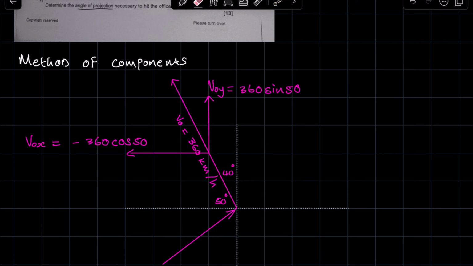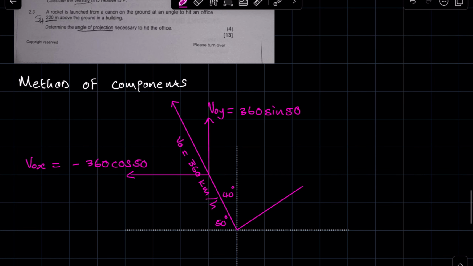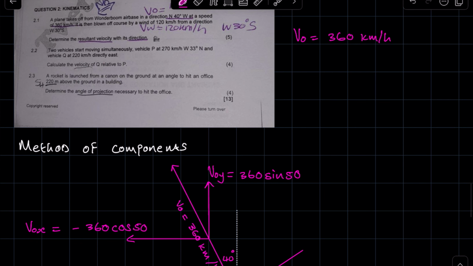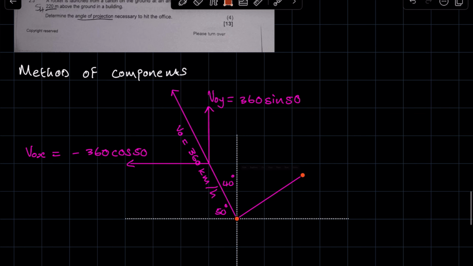So seeing that this is coming from that direction, it is going in this direction. So what is this? The opposite of west is east, and the opposite of south is north. So this is going east 30 degrees,